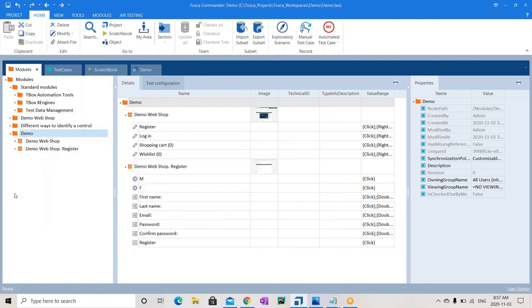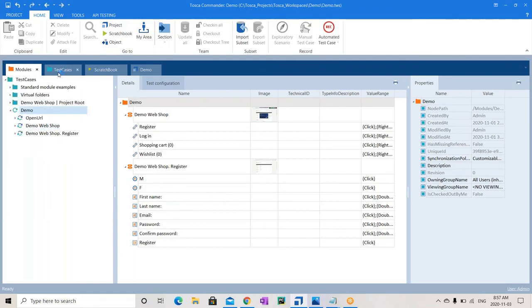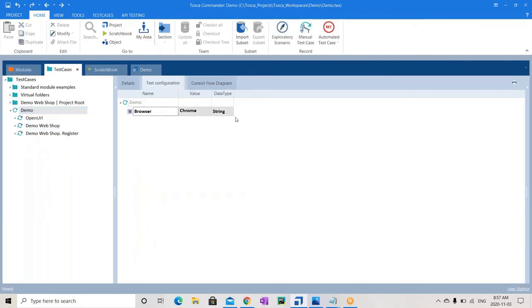And what about web applications? Is there a browser limitation, like it supports only Chrome, or does it support other browsers available in the market like IE, Edge, Firefox? Yes, it supports everything. All you need to do is specify it here, and that's all.